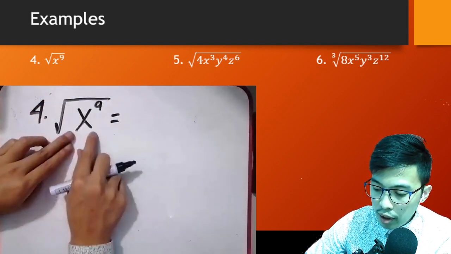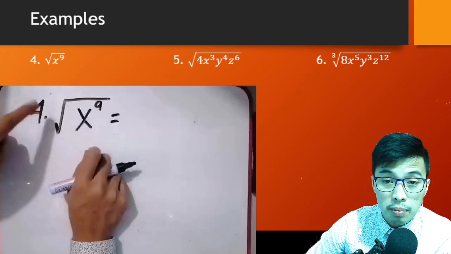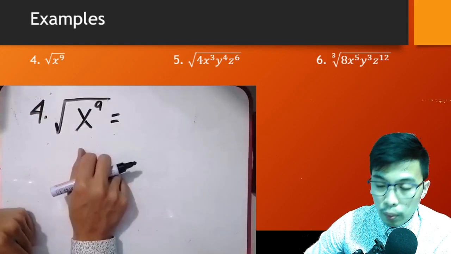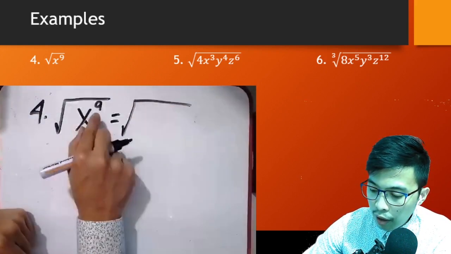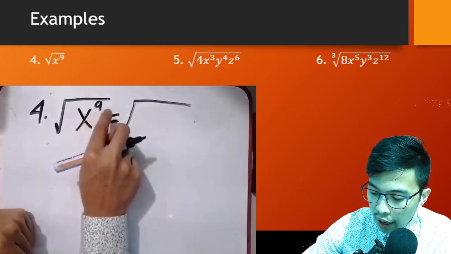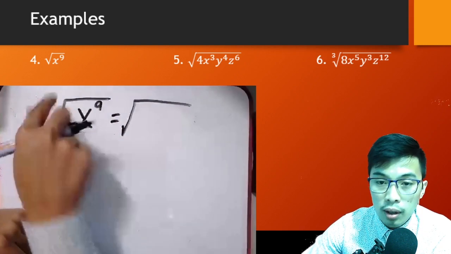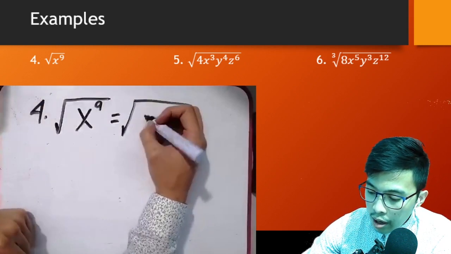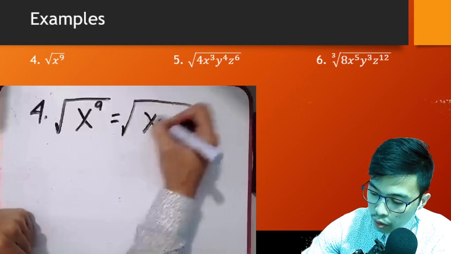Yung isang factor neto ay divisible by 2. So, we can say that the factors of x raised to the power of 9, where the other factor is divisible by 2, are x raised to the power of 8